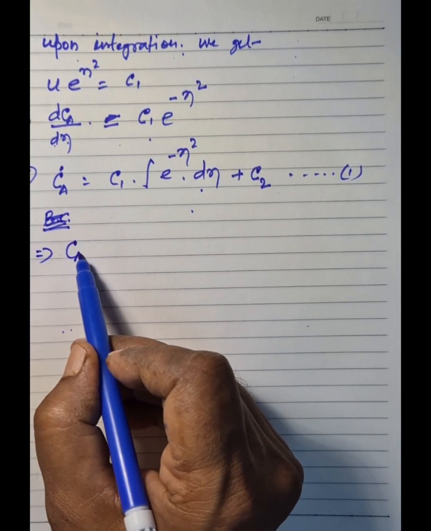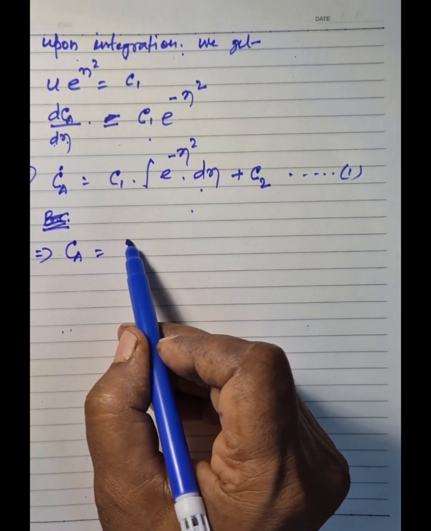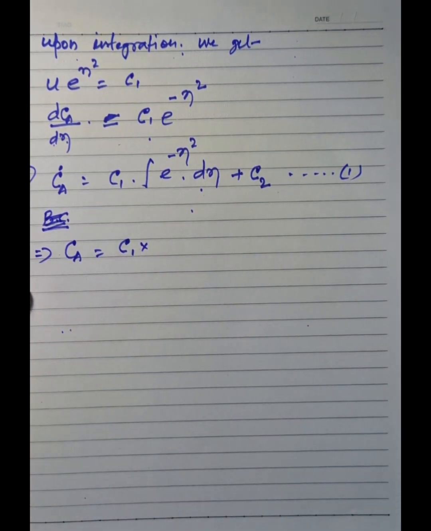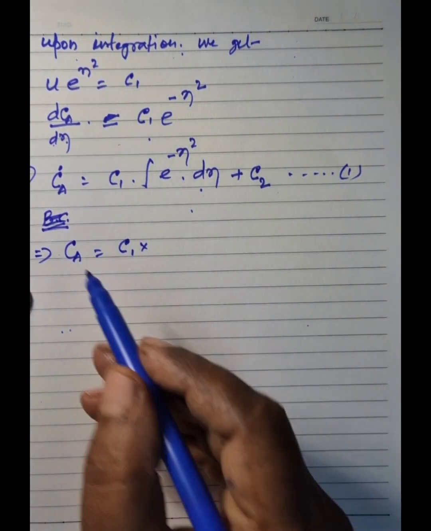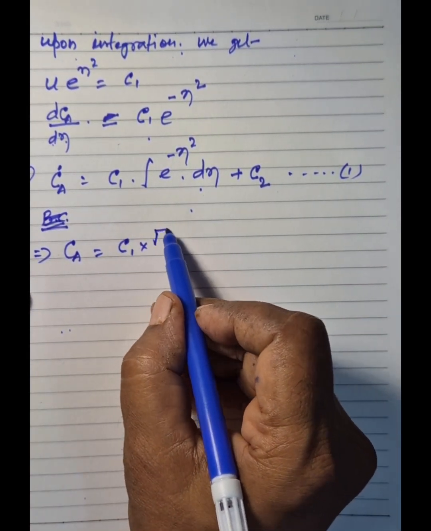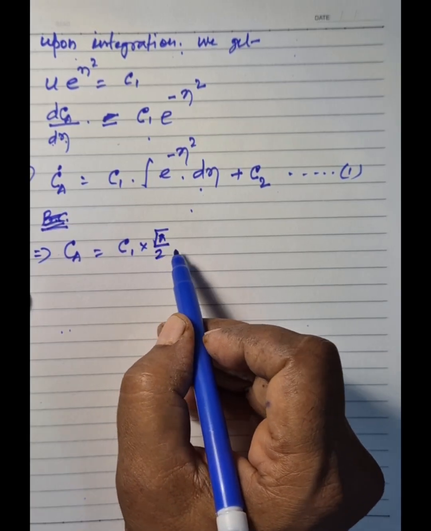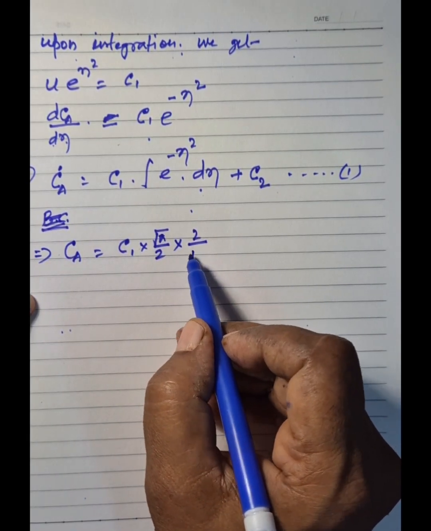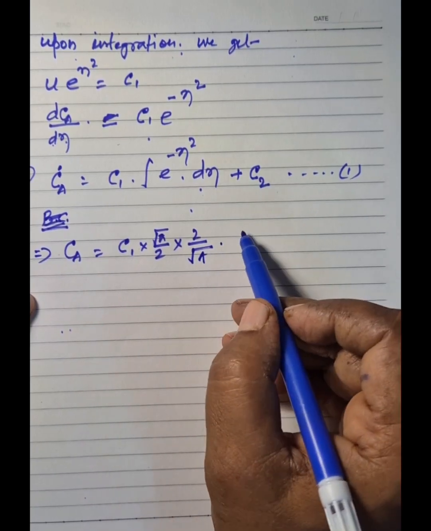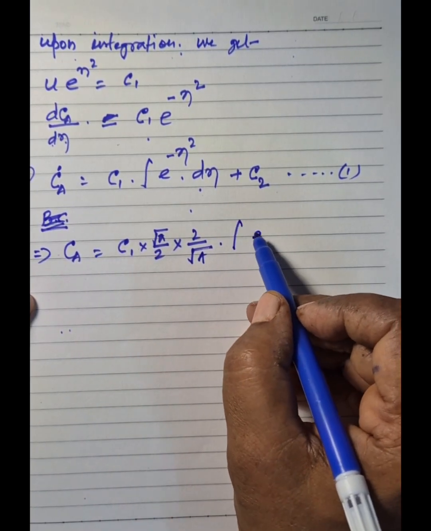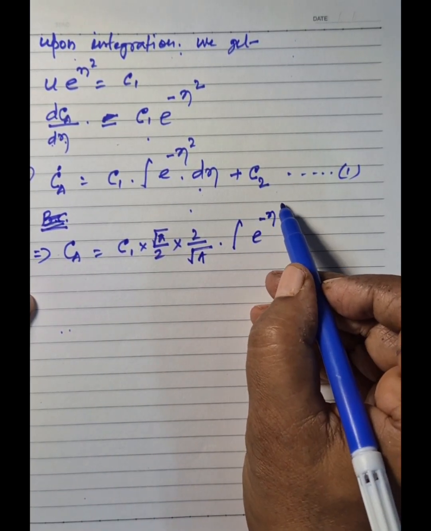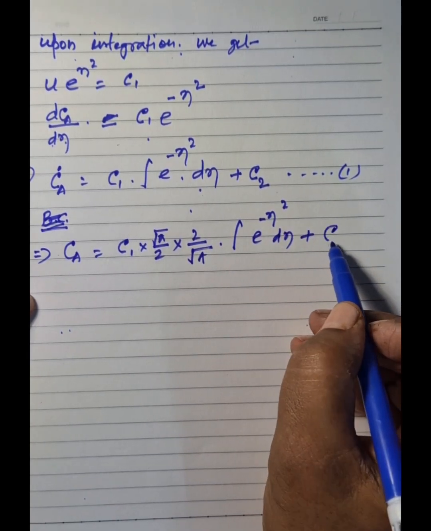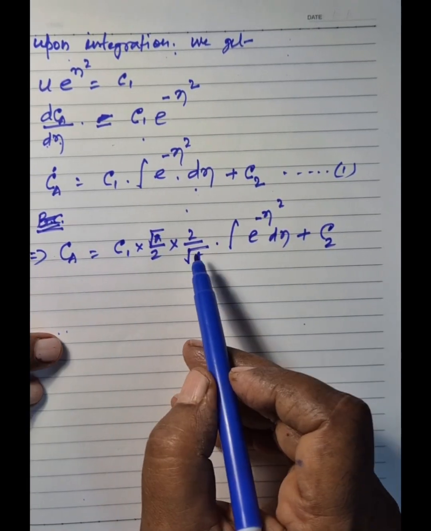It can be written as c1 into, multiplying and dividing the right hand side by root pi, plus c2, so that